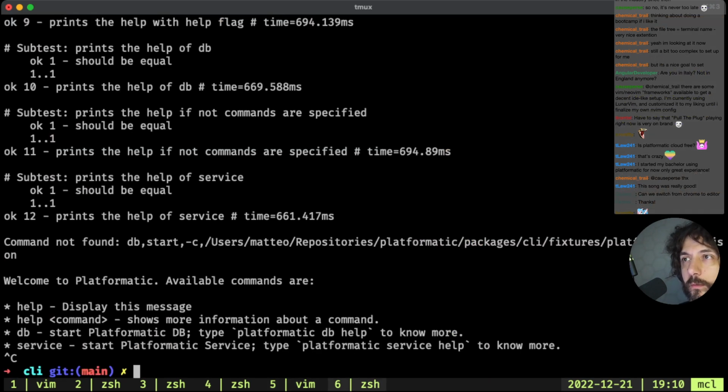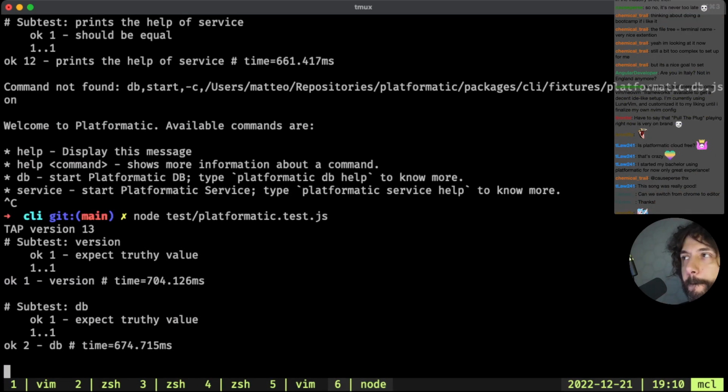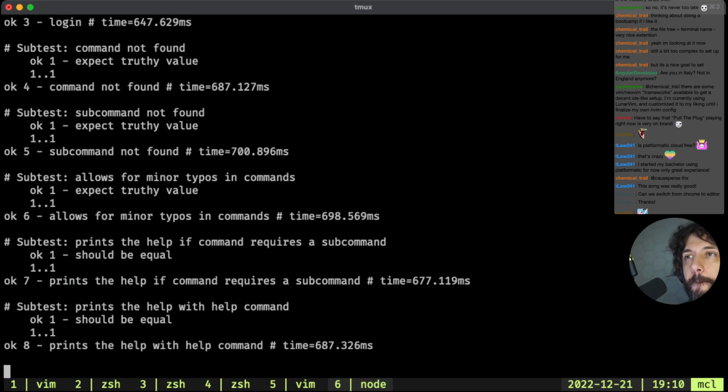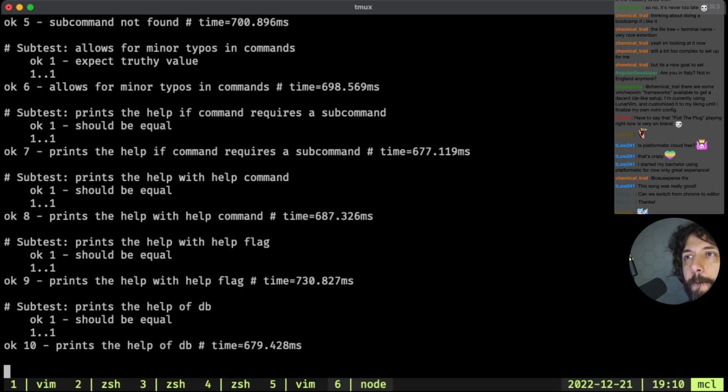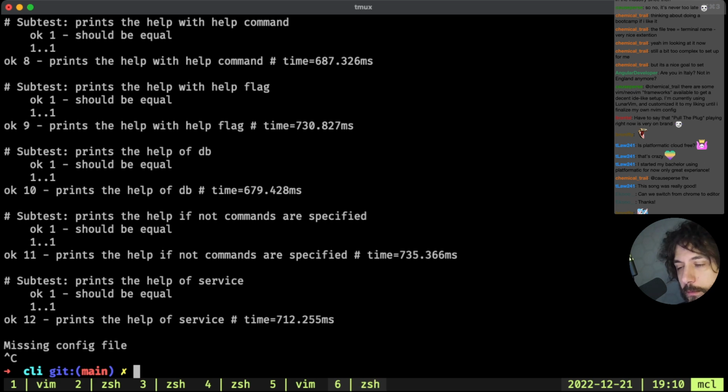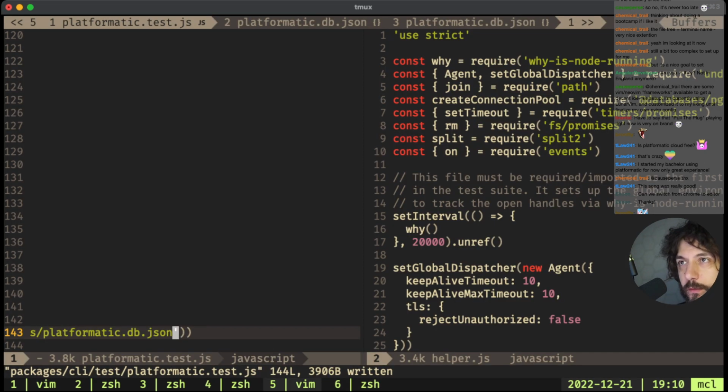Here we go. Missing config file. Okay, can get to that.